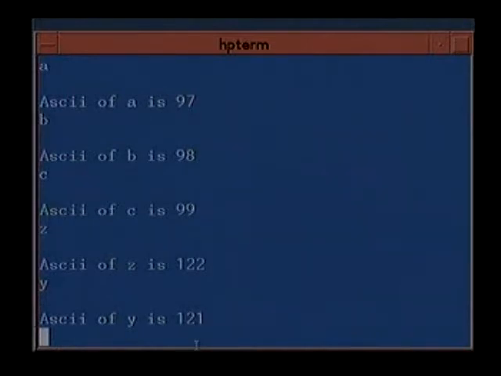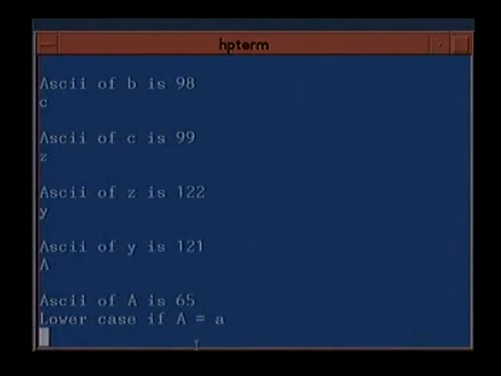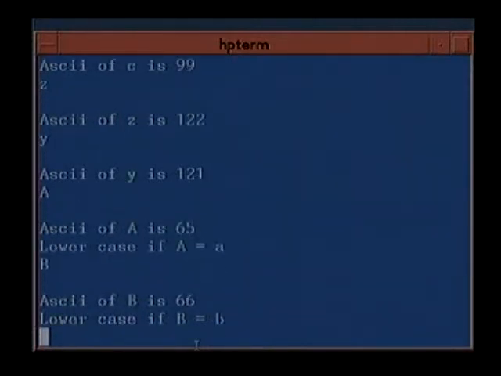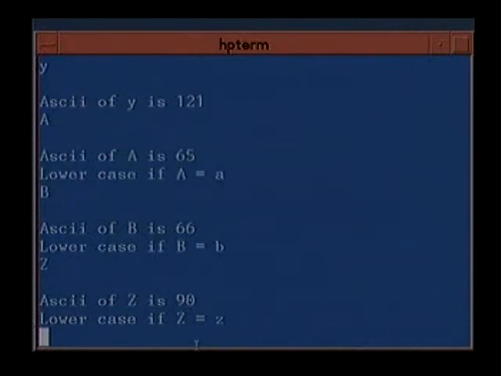So these are the ASCII values. From 97 to 122 is the lowercase characters. Uppercase, A is 65, and we have also found the lowercase. We will see from these characters. A is 65, B is 66, and Z is 90.